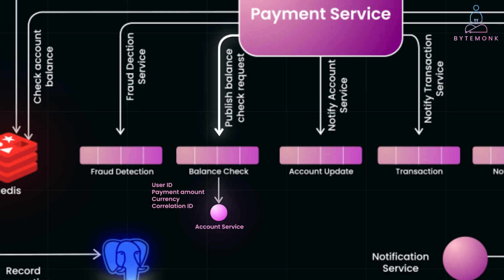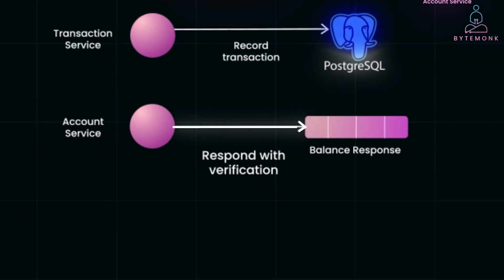request-response interaction. The account service listens to the balance check queue and retrieves the user's account balance. It can use Redis for the cached balance, and if not cached, it retrieves the balance from PostgreSQL. If sufficient funds are available, it updates the cache and logs the funds in PostgreSQL using database transactions. The account service then publishes a response message to the balance response queue with a verification result, for example, balance is